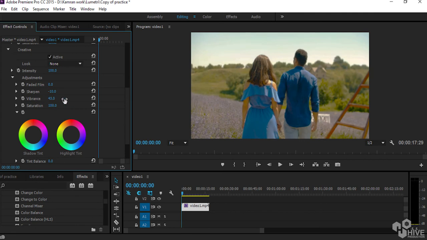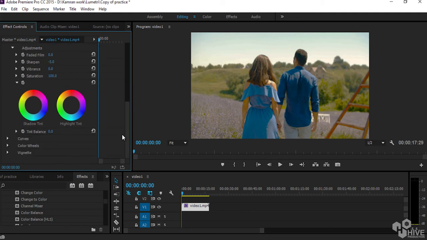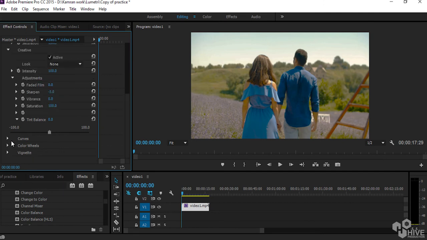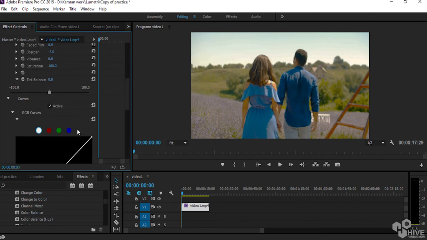That's okay. Vibrance has to play with some color values, so don't disturb them. I think we should not disturb them. Yes, we should play with some saturation. So these are the effects through the faded film. It's up to you how much you want to play with them. I think this is too much, -5 I think. Alright, so the tint balance is how much you want to balance this, but I think we did not need them. Go to the curve.